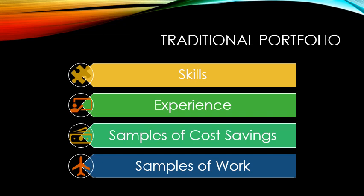Samples of work could also include spreadsheets, as long as they don't have any proprietary information, charts or graphs. It could include reports, as long again as you are able to redact any company sensitive information, or if you can dummy a similar version for yourself. One of the things I tell people when they say, I don't have a career portfolio